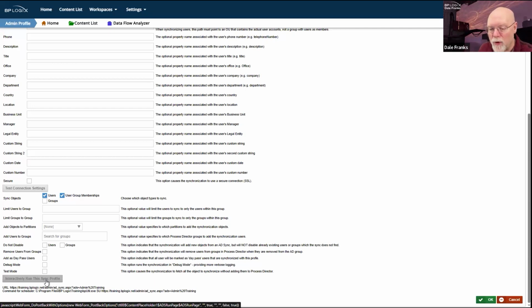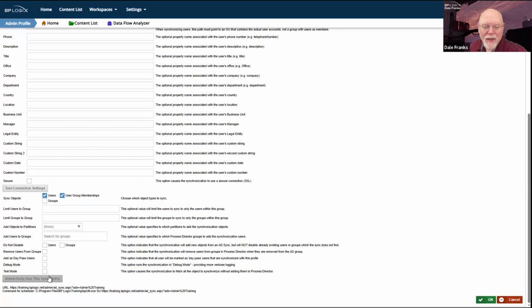By default, when you manually run a sync profile, it's always going to run it in test mode, which means that as you watch this page, all of the synchronization activities are going to be printed at the bottom of the page. Basically, it's going to generate an AD synchronization log, and it's going to look like everything is running properly. And you're going to sit here for an hour and watch it run, and you're going to think this is going to be so great. And then you're going to go back to user admin, and the only users on your system are still going to be administrator, user 1, and user 2. And you're going to wonder, why didn't it work?